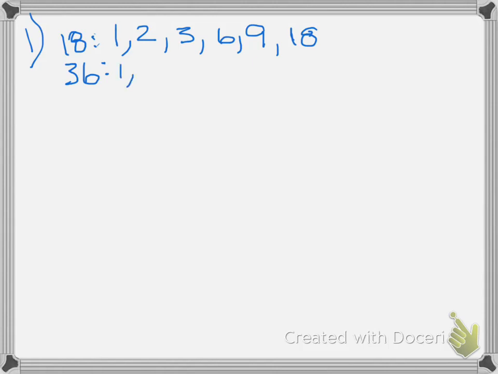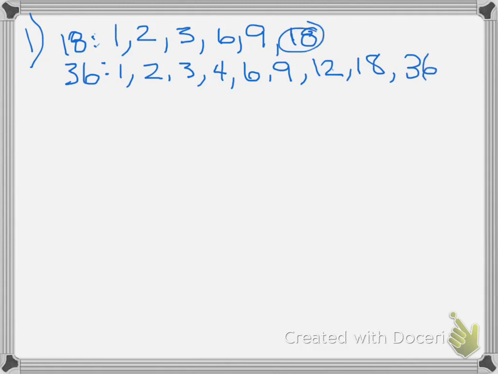36, I have 1, 2, it's even, so I know that's the case. 3, because 3 plus 6 is 9, and it's divisible by 3. 4, I know 4 times 9 is 36. 6, because 6 times 6 is 36. There's my 9. 12, that would be 3 times 12. My 2 times 18, and then that's half, so again I go to 36. And if I look at that, I can see 18 and 36, or 18 and 18 are the greatest common